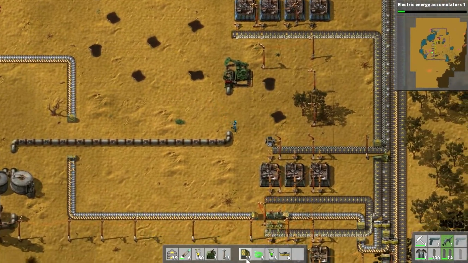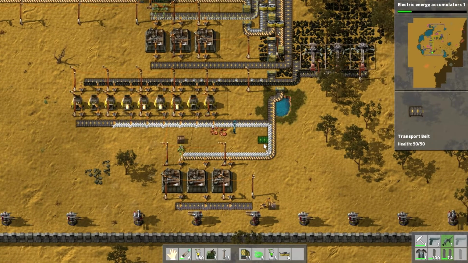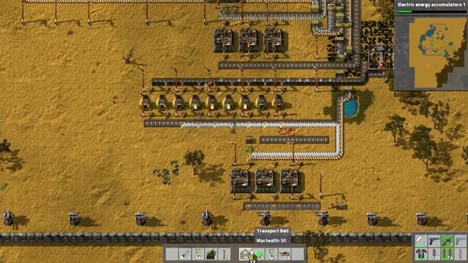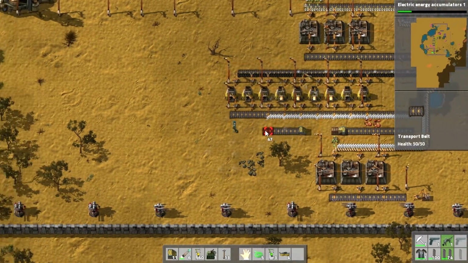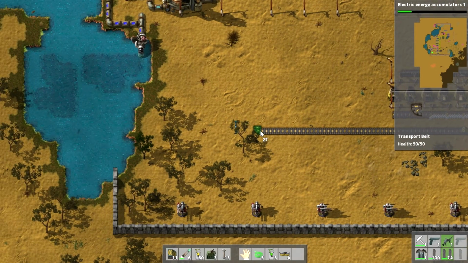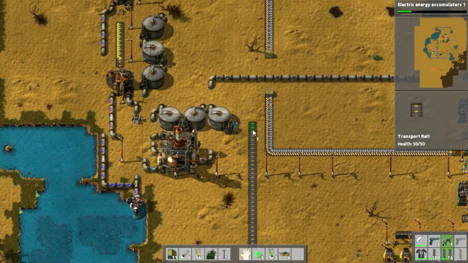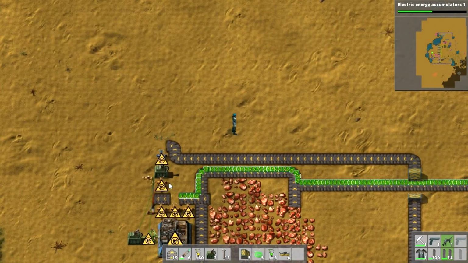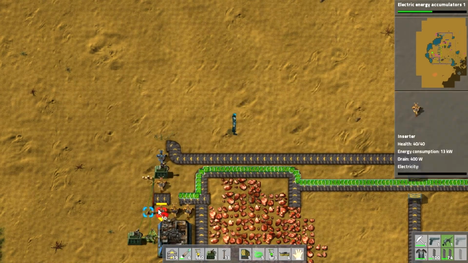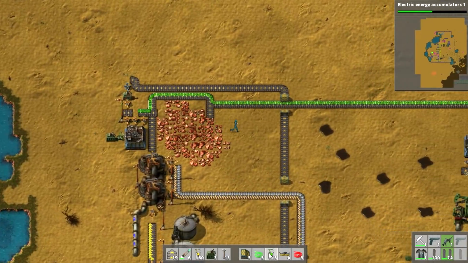But let's place some of this, and you can place it from here. And you'll see where I'm going with this within a very short while. If you haven't realized already, I want to set up a long-range circuit network. And now I want not green wire, let's put some red wire from this little pole to there, and then all the way down